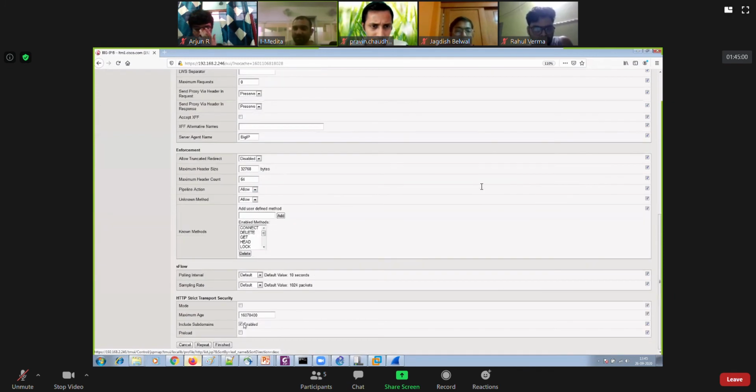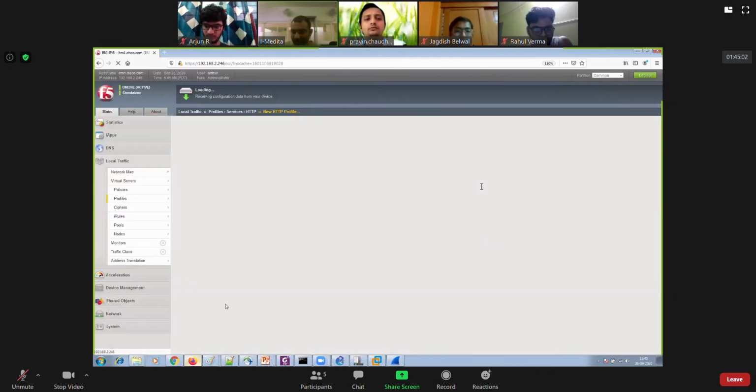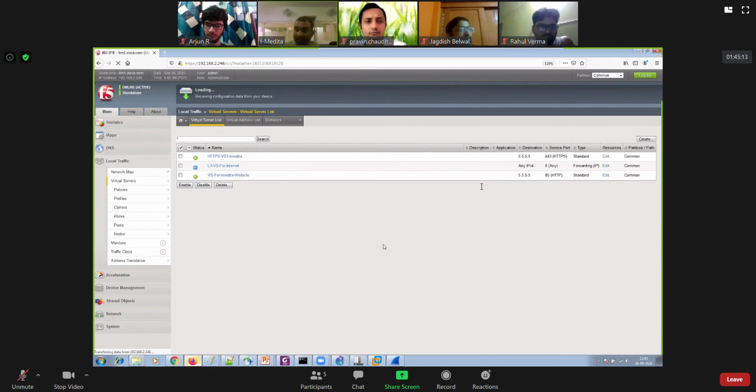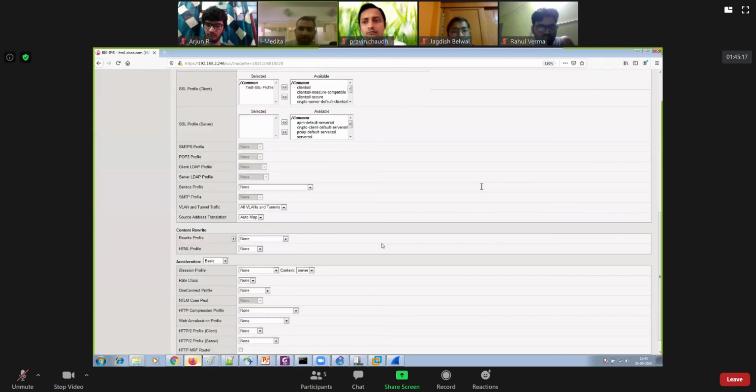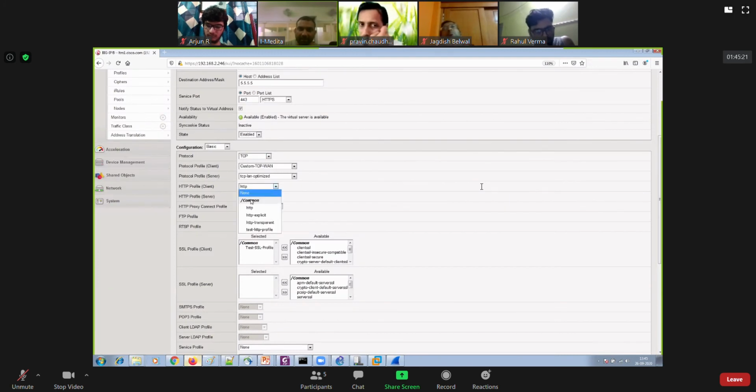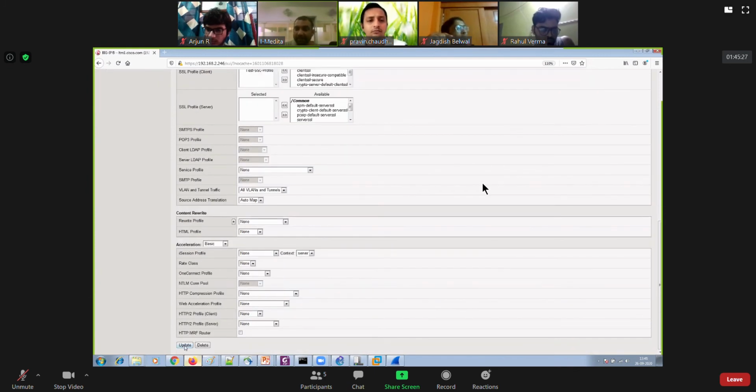Now as soon as you enable XFF, you go back to your virtual server, this is the 443 virtual server, which is listening over port 443. Edit that virtual server and apply the HTTP profile that I have just created. So if you scroll down, HTTP profile, make it test HTTP profile. I've changed it to test HTTP profile, update your virtual server.